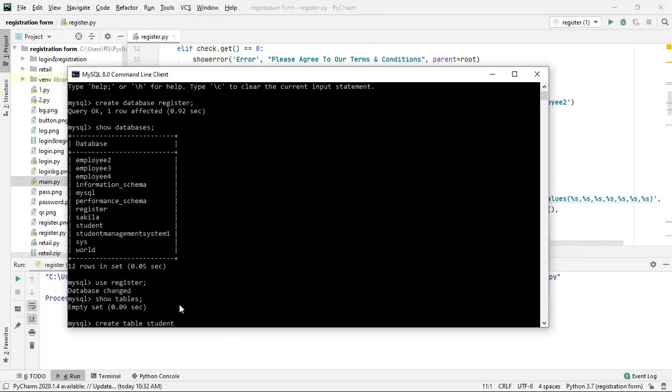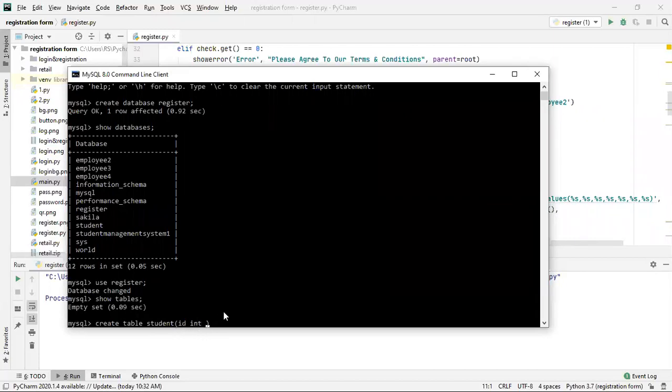Okay, this is the table name that I am giving here. Create table student. And then after that you have to mention what the columns will be inside this student table. What variables will we be using? We'll be using id, and then we have to mention a data type. I'll be using id as integer.